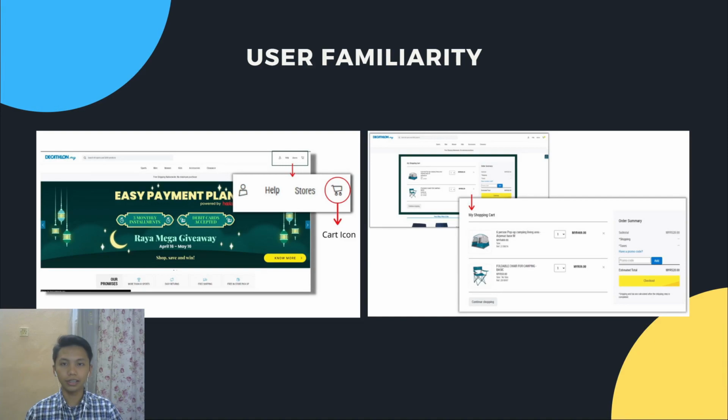The user familiarity design principle in the Decathlon Malaysia website is applied to achieve a familiar concept for users to shop in their portal. For example, in the real world, people use a cart in shopping malls to put their desired products in the cart, then they browse for more products in the mall. Therefore, Decathlon Malaysia uses the same term and icon for cart. This is for the user to save their chosen product by adding it to the cart from the online store, and then continue to browse for any other product in their list, and then they can see their products in